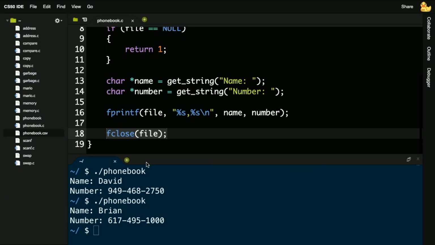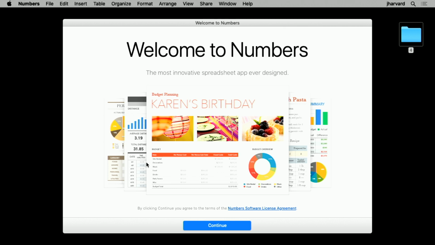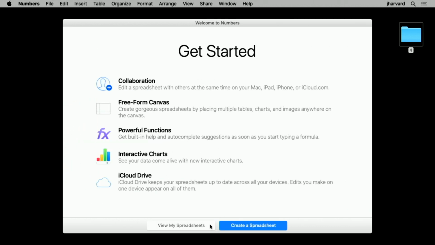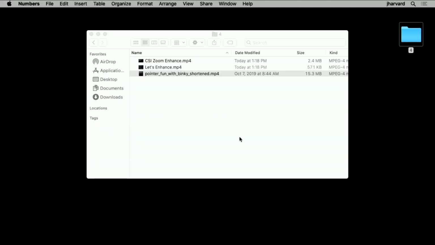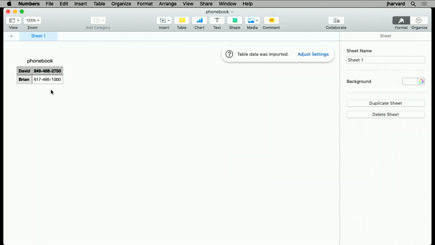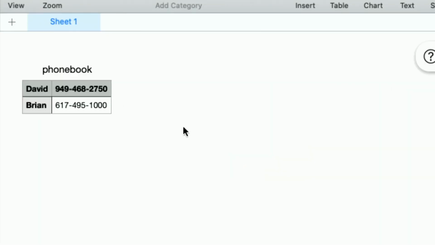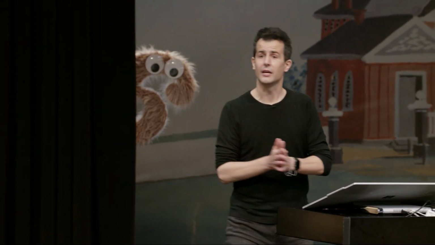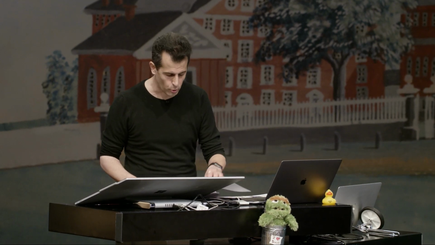Let me go ahead and click on it. And it's going to open Excel or Numbers or whatever you happen to have on your Mac or PC. I'm going to go ahead and just proceed. And voila, looks a little stupid in this formatting here. But I've opened up a spreadsheet that I myself generated using fopen, fprintf, and fclose. So already, now that we have pointers at our disposal, we can actually manipulate things like files, which is quite cool. But we're going to do that this week, not with text, but with actual specific types of files.